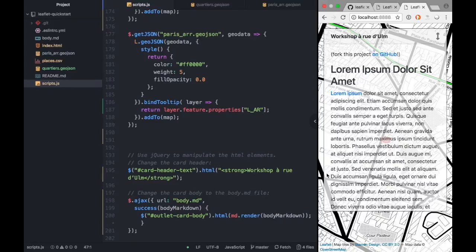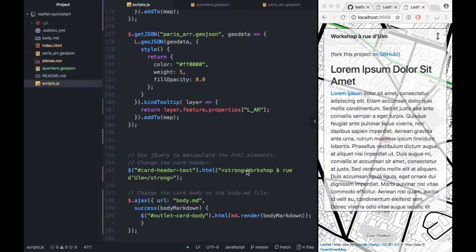And so what this jQuery is doing is it's saying select the thing. So this is Sarah's question about IDs. Select the thing with the ID card header text and replace the HTML inside of it with this bit of HTML, okay? So that's showing you how to do this in HTML. And you can change that text to whatever you want. You can get rid of the strong tag. The strong tag makes things bold. You can get rid of that, or use I to make it italic. Or,